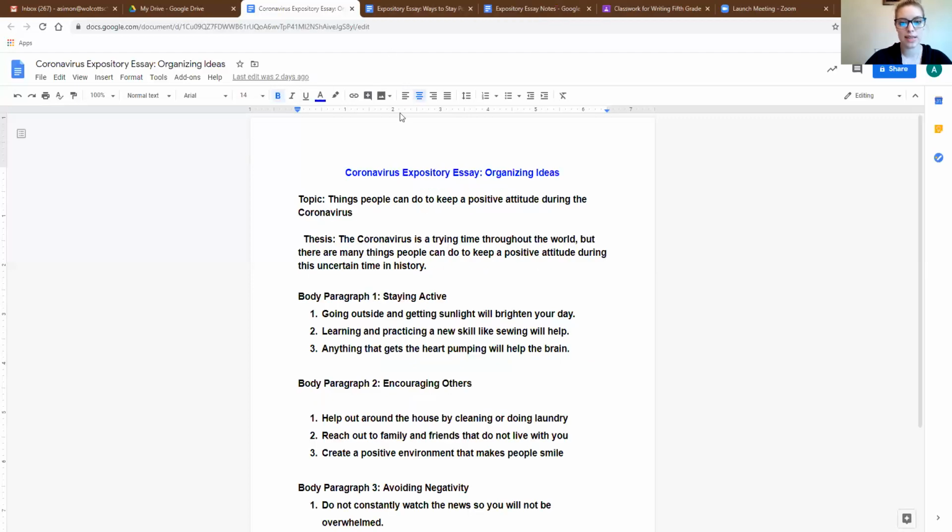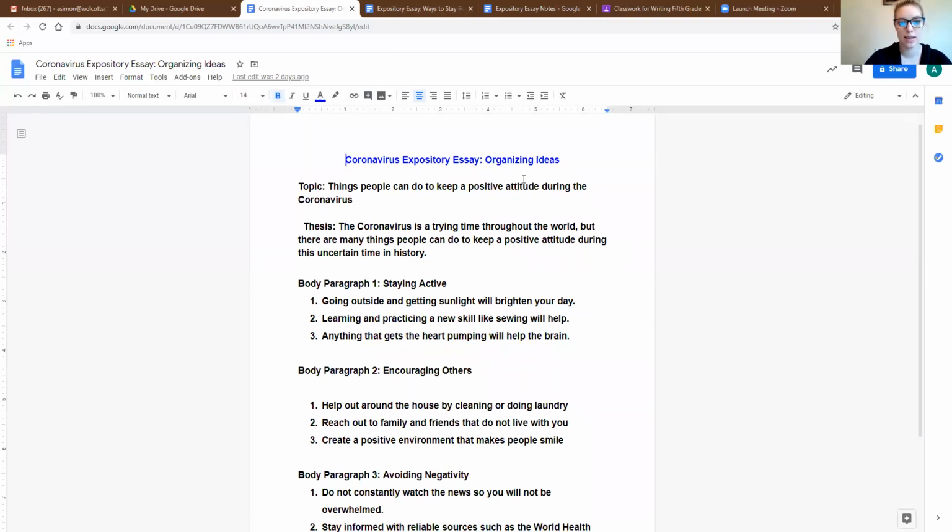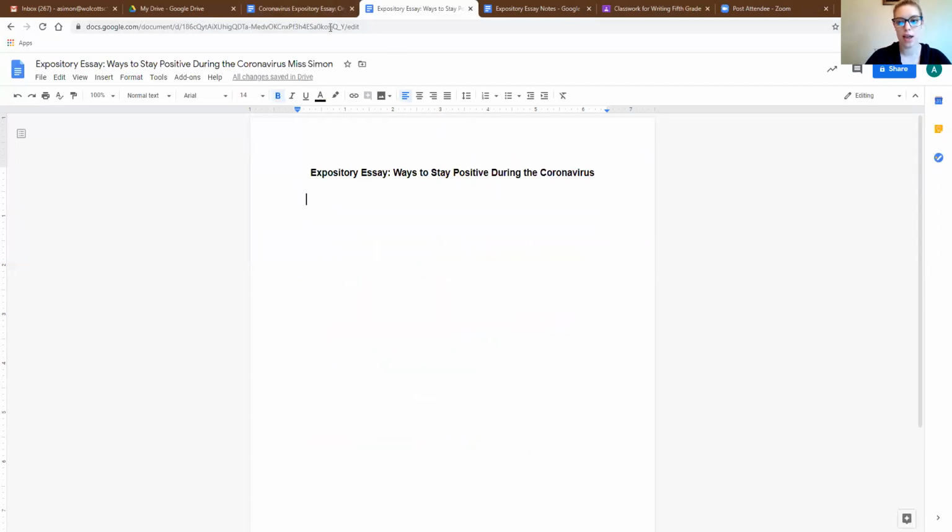So remember, this is kind of my organizer, okay? Again, our topic for everybody is ways we can stay positive and have a positive attitude during the coronavirus. Please make sure, because there were a couple of you who were telling me about the coronavirus, okay? The essay is not on the coronavirus. It's on ways we can stay positive during the coronavirus, okay? So now I'm gonna follow my steps that I just went through in my introduction,